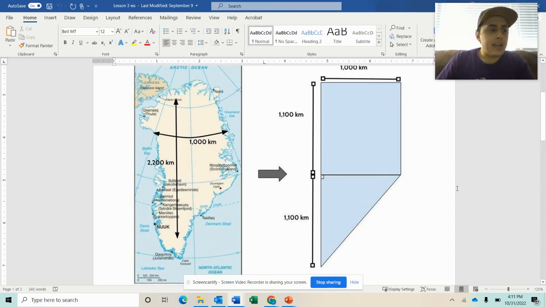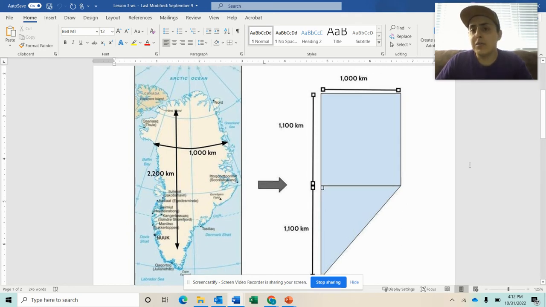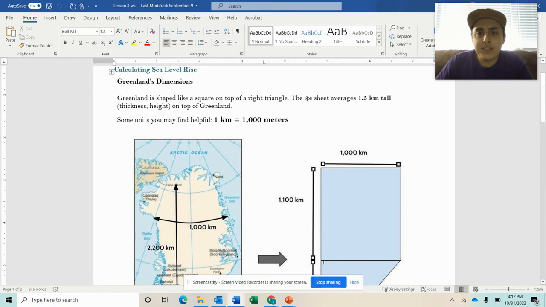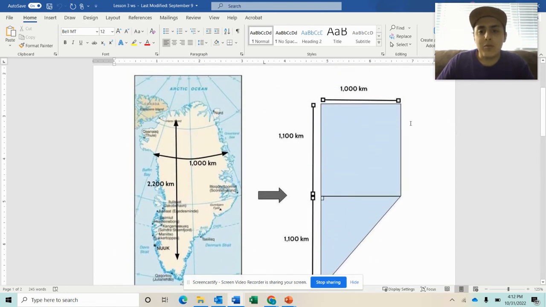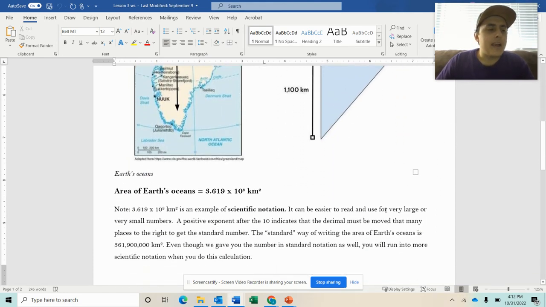So our current area, again, is 1,650,000. But since volume is length times width times height, we need to multiply that number by a height value, which they give us right up here. The ice sheet averages 1.5 kilometers tall on top of Greenland. So we take that number, multiply by 1.5, and we get 2,475,000 kilometers cubed. So the total volume for Greenland is that